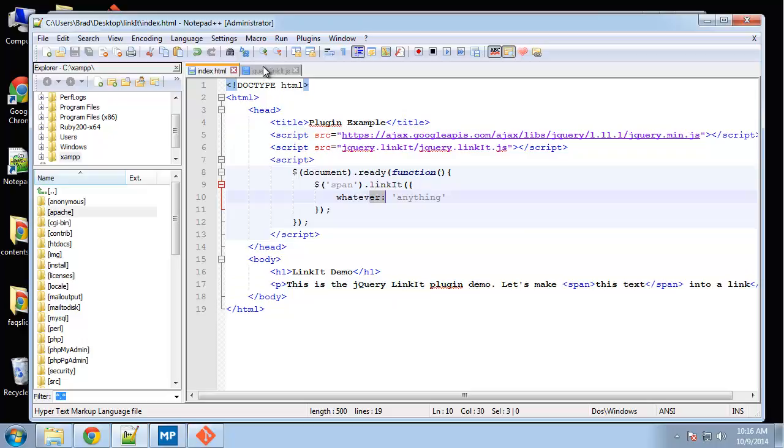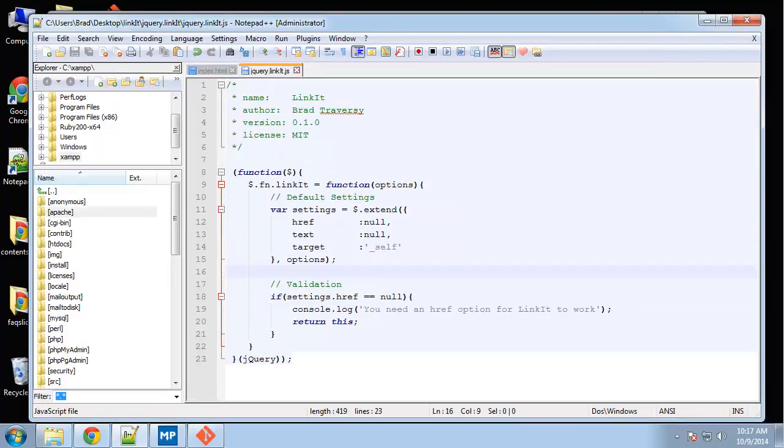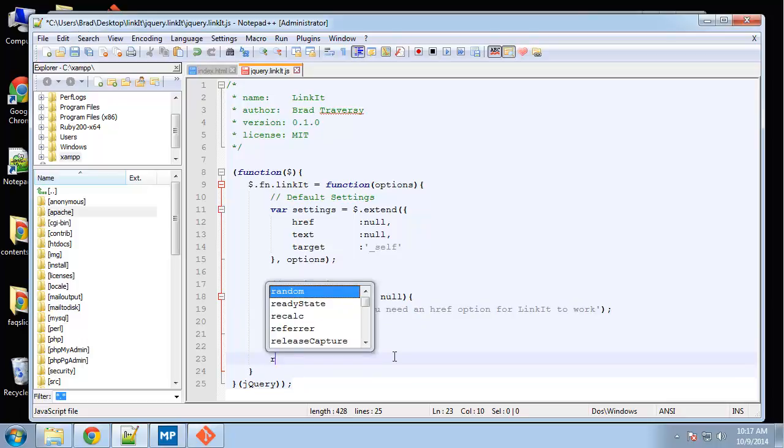So let's actually include it. Href, and we'll just say test.com, and now we shouldn't get that log anymore. After that, I'm not going to do a conditional for the text. I'll show you what we're going to do. Basically, if they don't include text, then we want to keep it as the actual text that they're adding the link to. Okay, so down here under the validation, we want to return